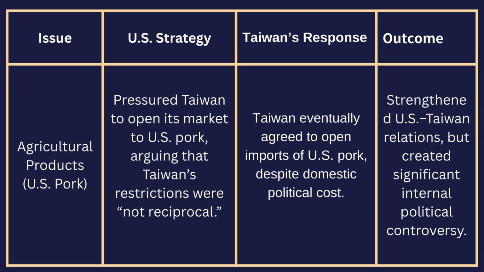Instead of imposing counter tariffs, Taiwan relied on negotiation, supply chain cooperation, and concessions such as easing restrictions on U.S. pork imports. Thus, the reciprocal tariff dynamic between the U.S. and Taiwan was characterized not by symmetric tariff retaliations, but by U.S. tariff actions and Taiwan's strategic restraint, which aimed to minimize economic damage and preserve long-term cooperation.